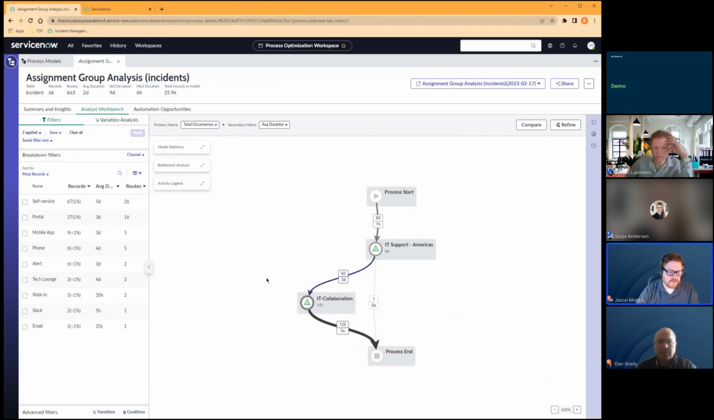So this would be an opportunity to, whether it's a change to a manual process or using something like predictive intelligence, handle the assignment of your incidents. Here we can see that it seems like IT collaboration is the group that ultimately resolves these Zoom incidents. So rather than assigning them initially to IT Support Americas, the process likely should be modified to assign them directly to IT collaboration, thereby eliminating this 3-day gap or 3-day waiting period while it gets reassigned